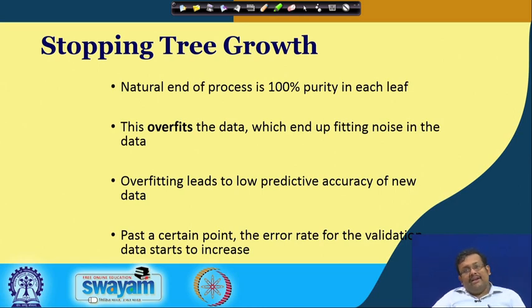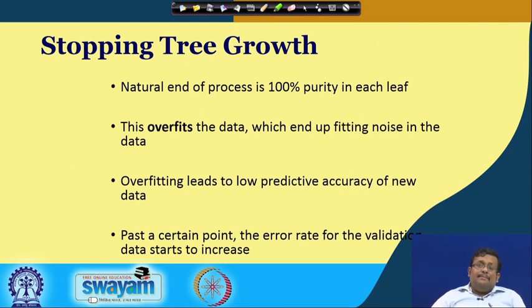Now, what is overfitting? If any calibration model performs poorly on a new set of data or an independent data set, that is called overfitting. For example, you have created a very good calibration model and you use that calibration model to predict some unknown samples and it performs miserably. That is called overfitting.